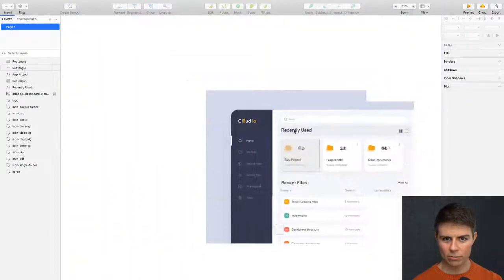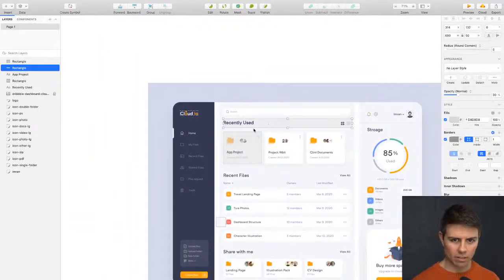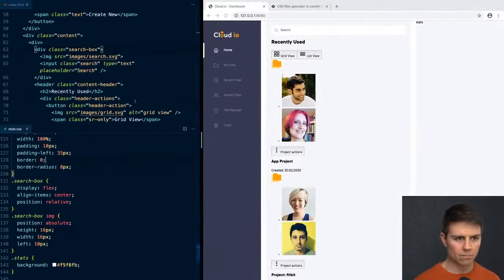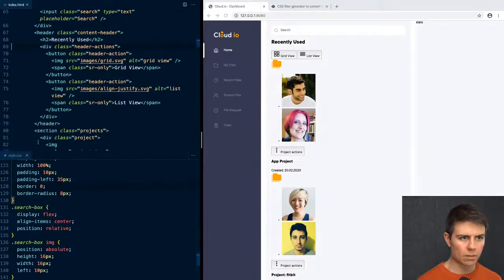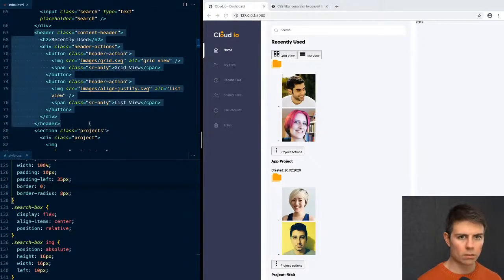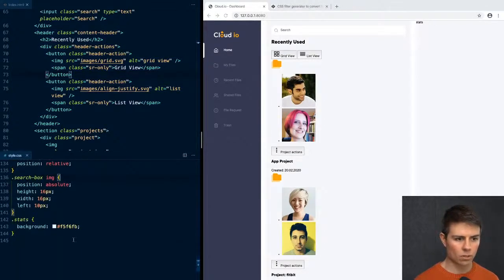Right. Huge zoom level. We've got this title thing here and some icons. For this, I'm using a header element. So this entire section is a header, content header, and it's got the actual heading, the recently used text, but it's also got this header actions div, so we can put it next to the title and everything. So let's do that. We'll say content header,